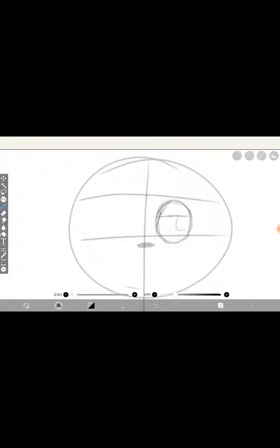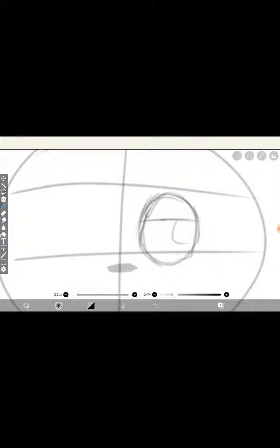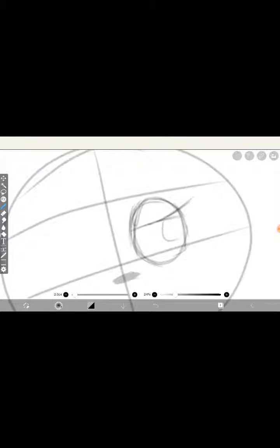So this is how I draw eyes. It's just a basic circle that's slightly elongated. And my character Foxina has big, thick